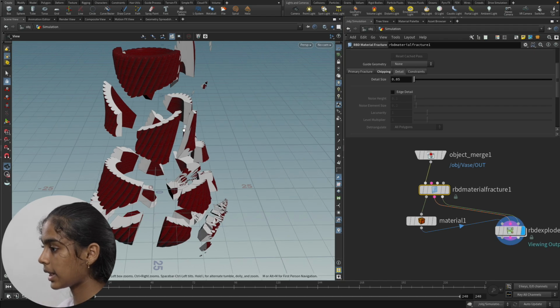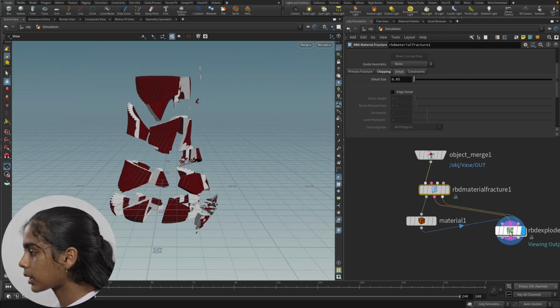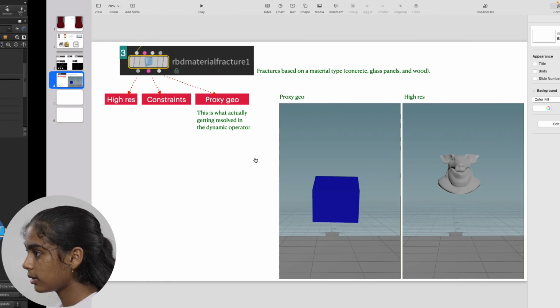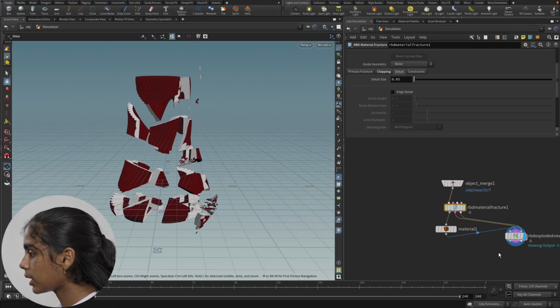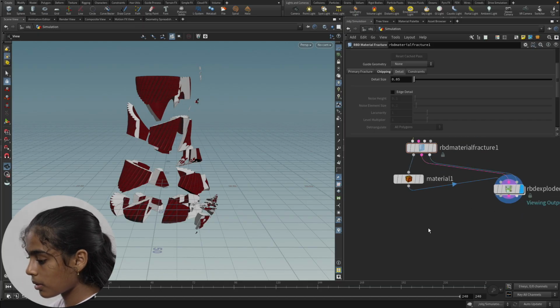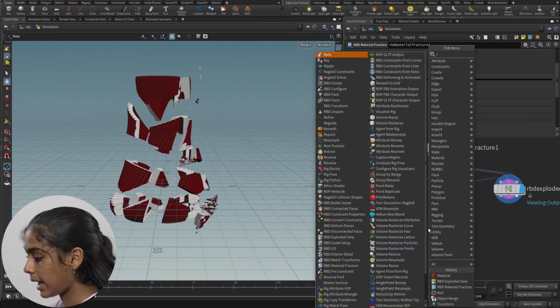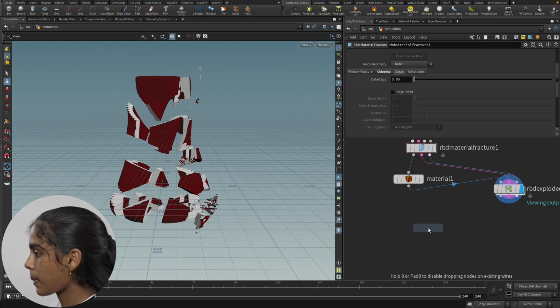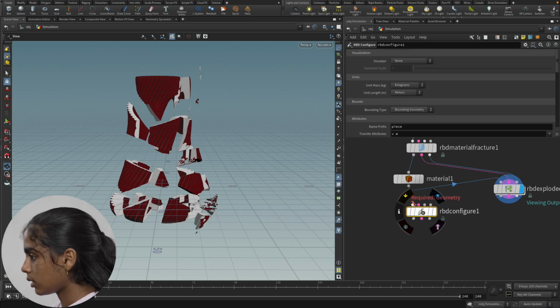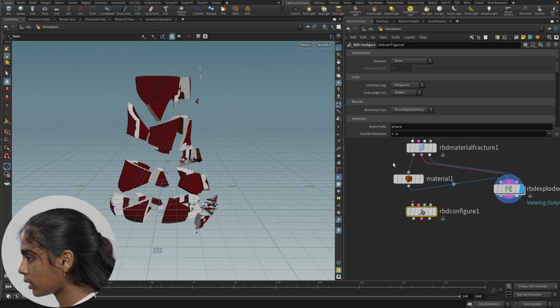Okay, so now that we have that down, what we're gonna do next is, you can now see that we fractured the rig and we added our internal material. So our next step is to pack it. In order to pack it, we're going to go ahead and add an RBD configure. And then we're going to connect